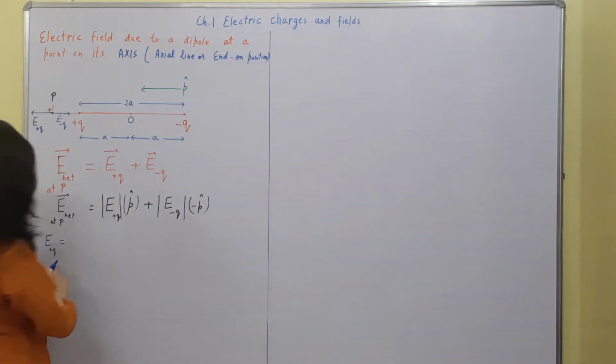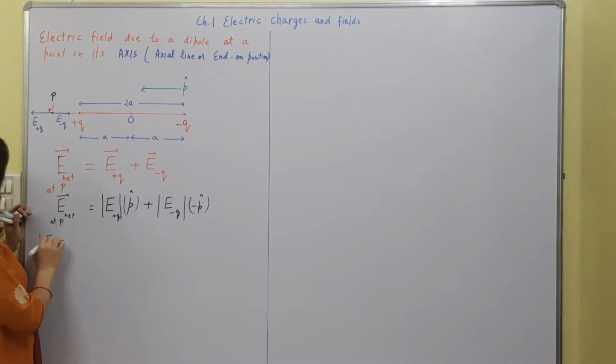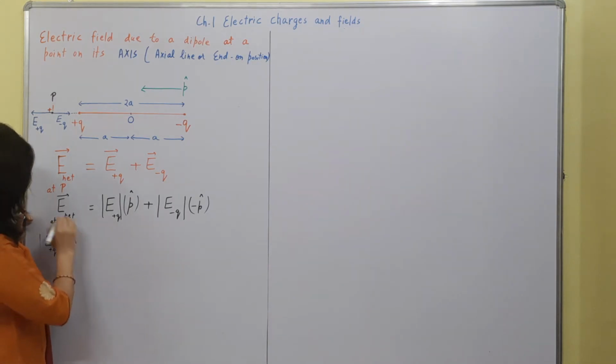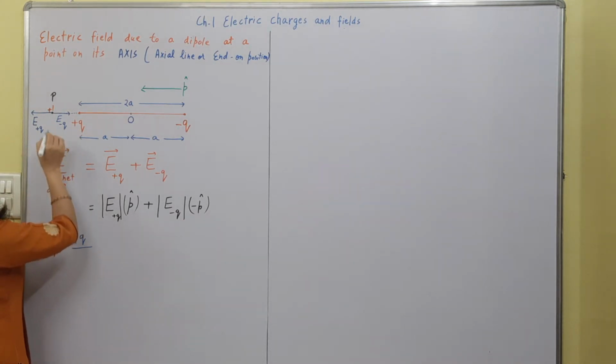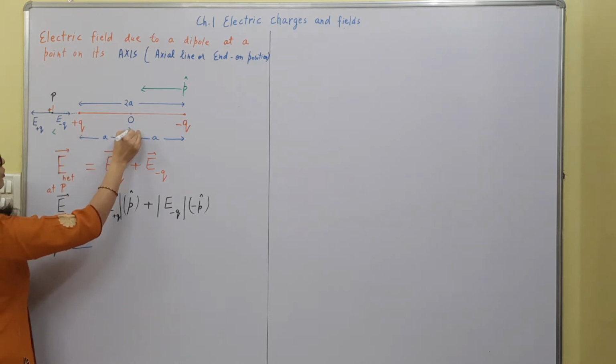So E due to plus Q charge, the magnitude we are writing, will be K Q upon the separation between that point and the charge. So what is the separation between the point P and charge Q? Let's check how much it is. If we mark the separation of point P and the center O